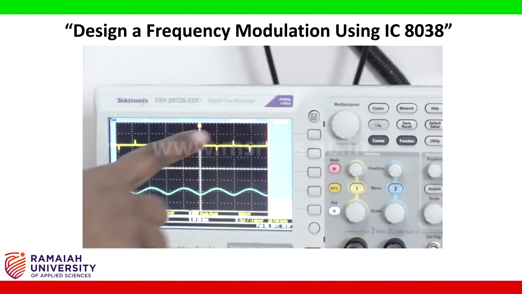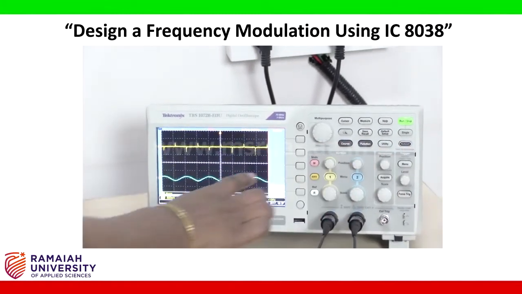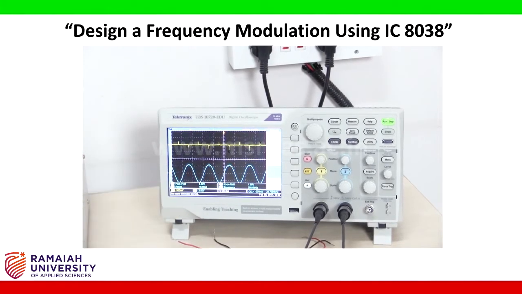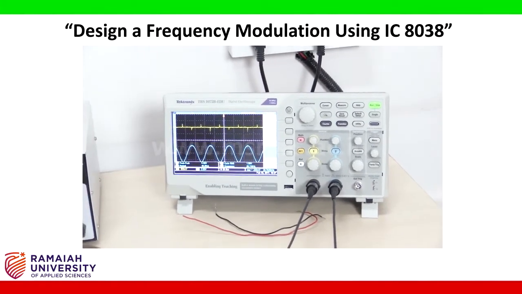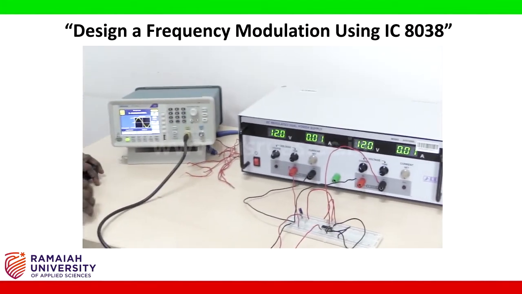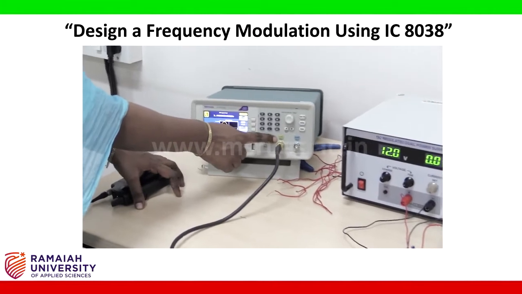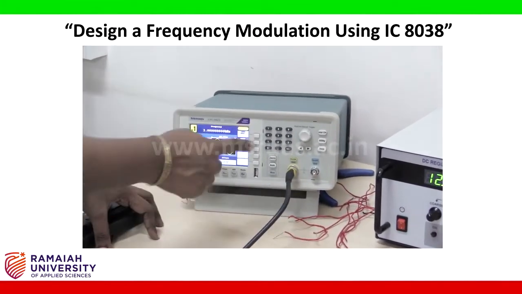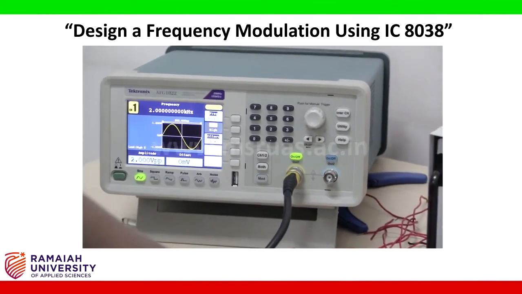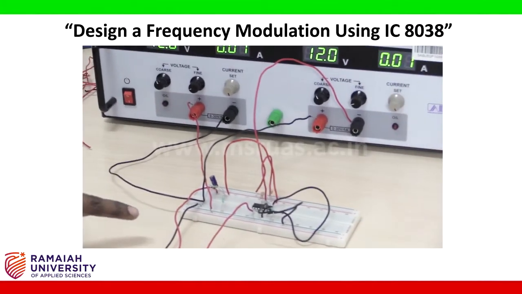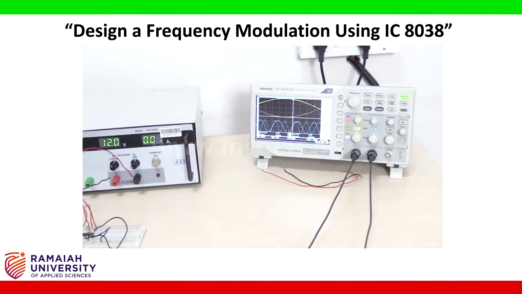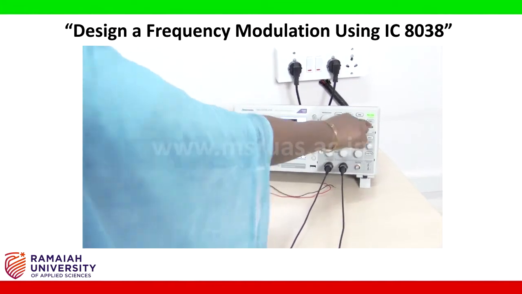Check your waveform, it should be a sine wave. After pressing auto set, you can observe that this is a sine wave. Now, give your message input from the function generator. Now switch on this button so that input will go to your circuit. Now input has reached the circuit, we will check the corresponding output. So check the CRO, press auto set.